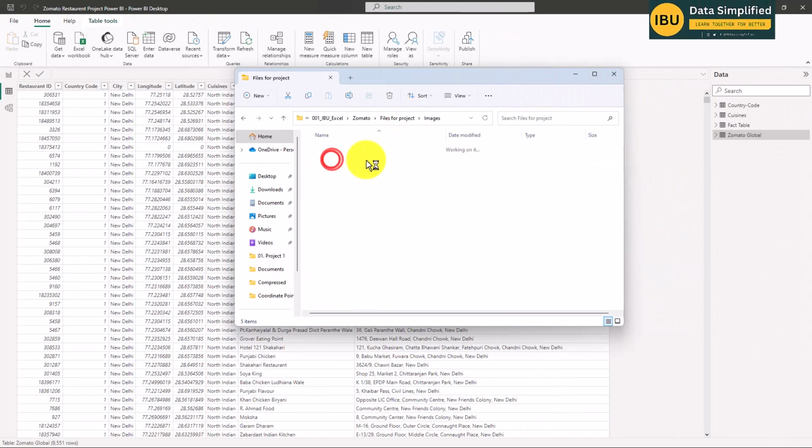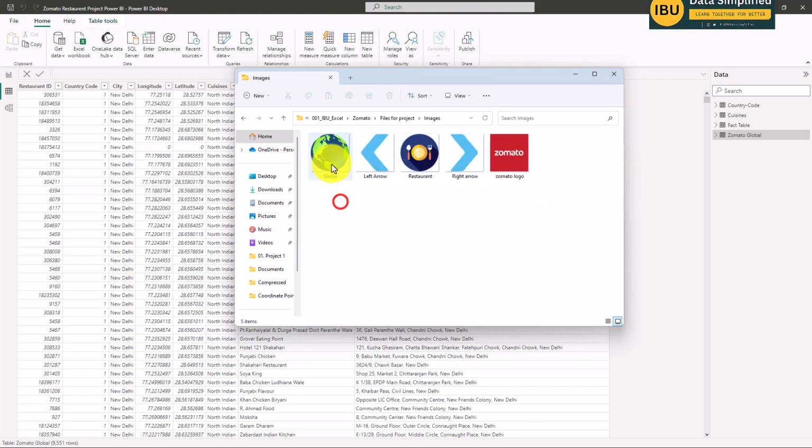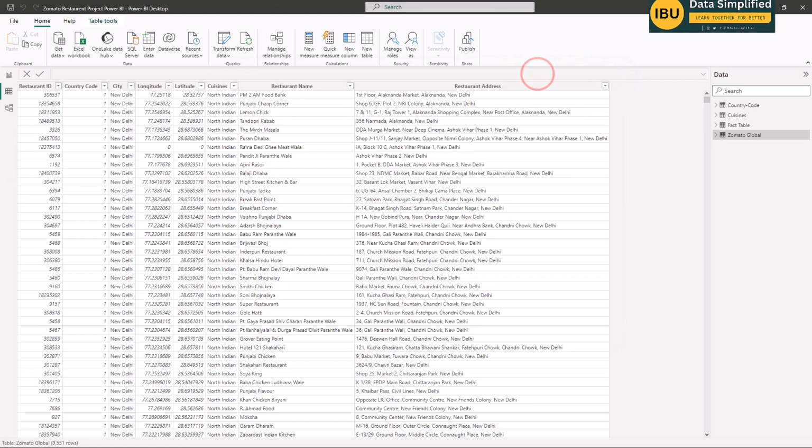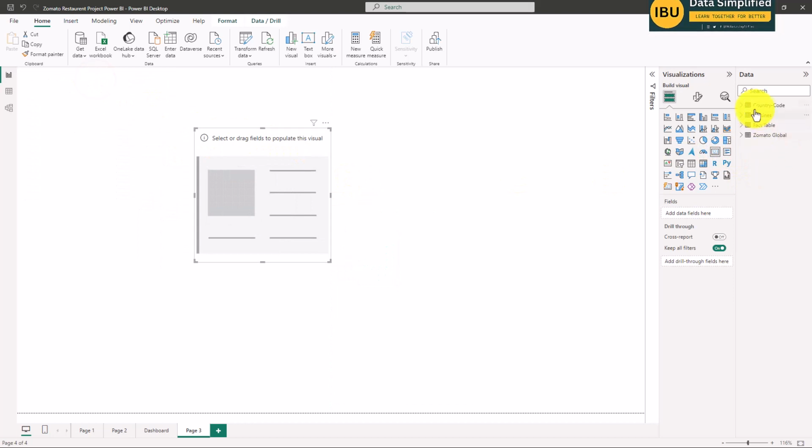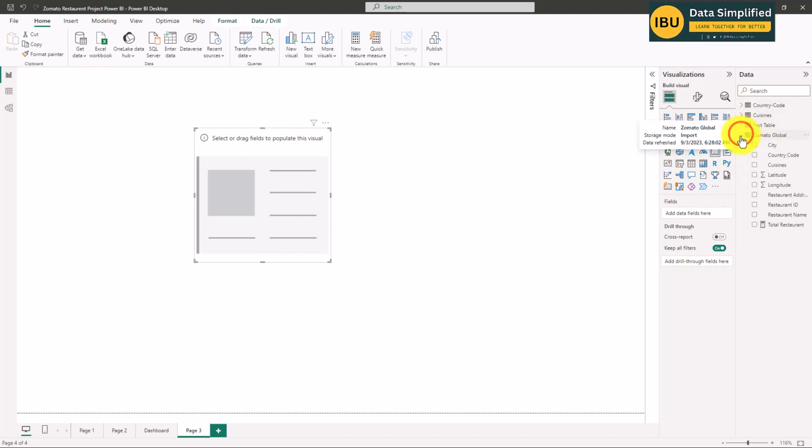And I have some images, so we can use it additionally if we need. So just go to start this. Here we will go to report view, and then first total restaurant I created that. If we go to Zomato Global,